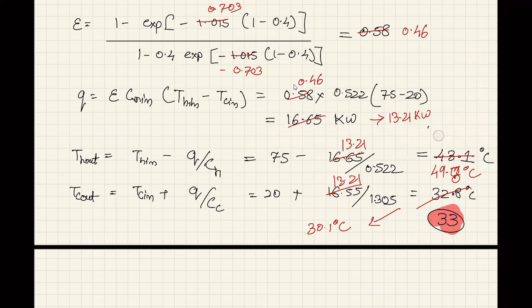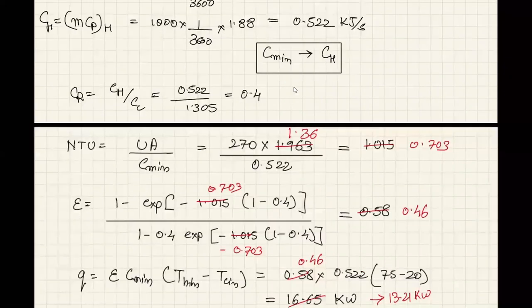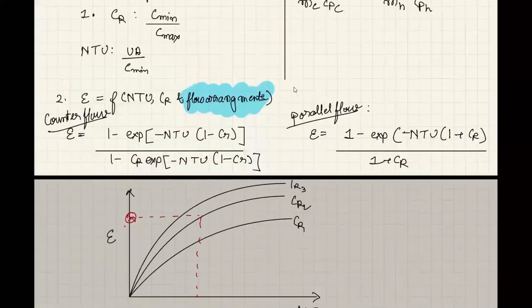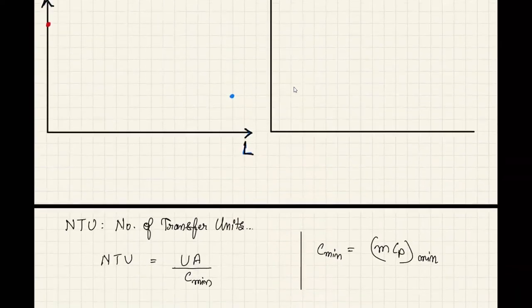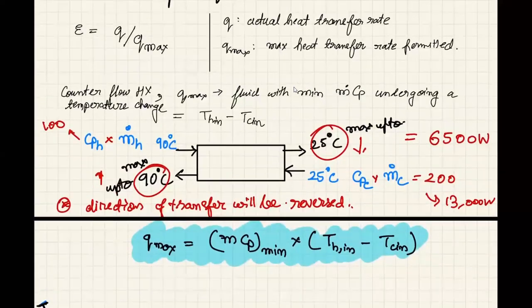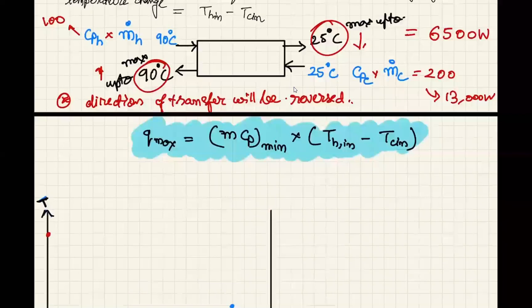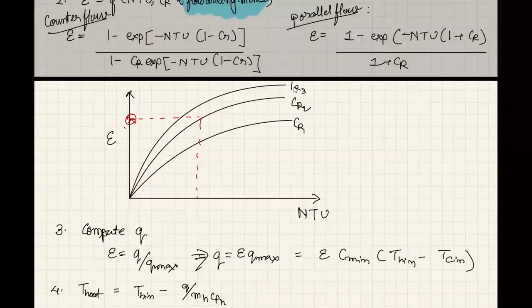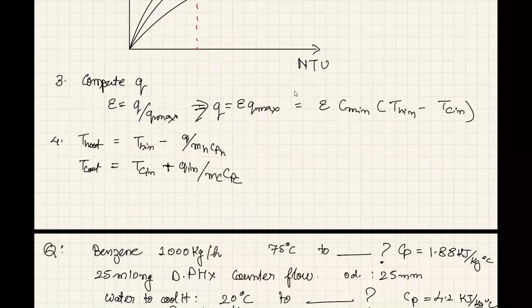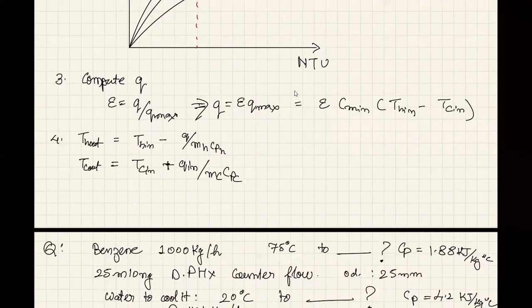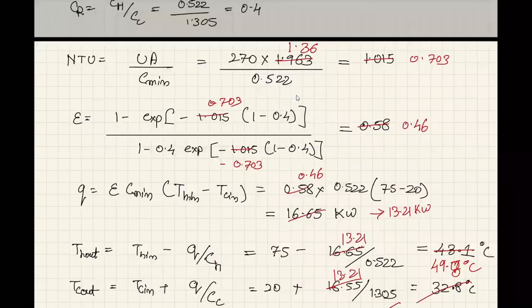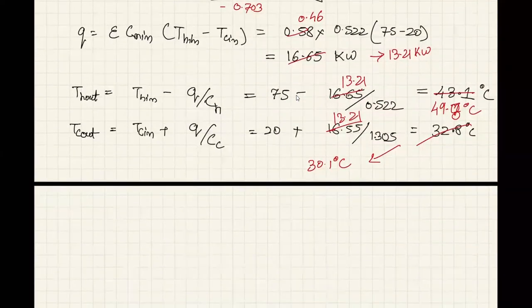So you see, after taking out the appropriate values, we could actually get down to the same problem that we had. The same problem that we had discussed earlier can be solved by using epsilon NTU, and both the methods are giving us the same answer. I hope this is clear to each and everyone. So this was one problem on epsilon NTU. Tomorrow I will take another problem on epsilon NTU, wherein I will show you the need for corrections, why we are getting some 0.1, 0.2 degree difference in both the cases.